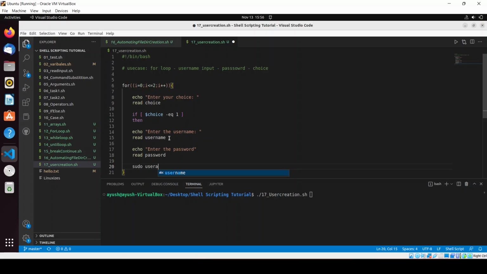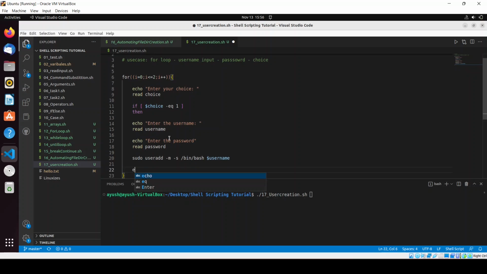Then we will use sudo useradd, and we will provide -m -s /bin/bash, and the username. So the username is this one, in which we have stored the username. Then we will pass the password, because the passwd command takes 2 parameters. So I will pass it like this: $username